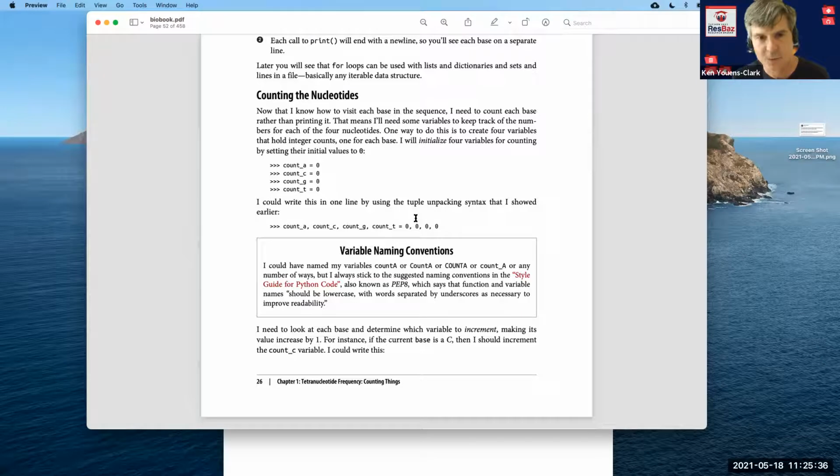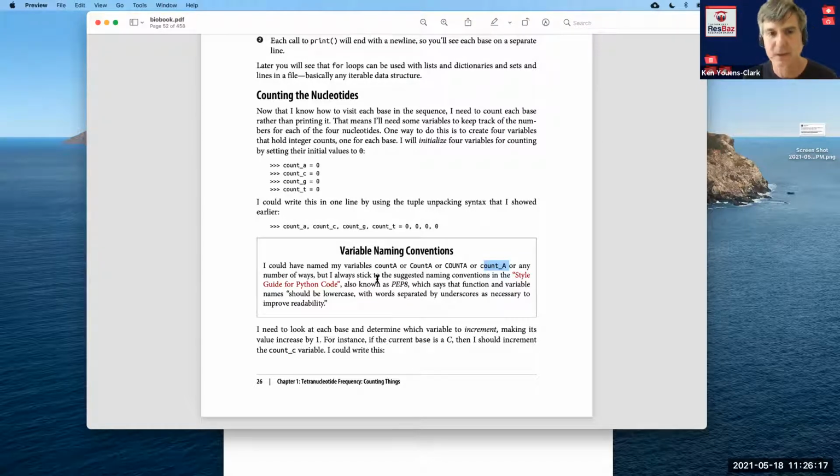Now, there are a lot of different ways that I could have named these variables. Depending on your background, you might like to call it count uppercase A, or maybe you start off with an uppercase character, or maybe you like to use all uppercase, which is actually the way I write bash for some reason. Or you might put an underscore there and then capitalize the A. Going back to the Zen of Python that's mentioned in the preface, Python programmers, as a rule, like for there to be one obvious way to do things.